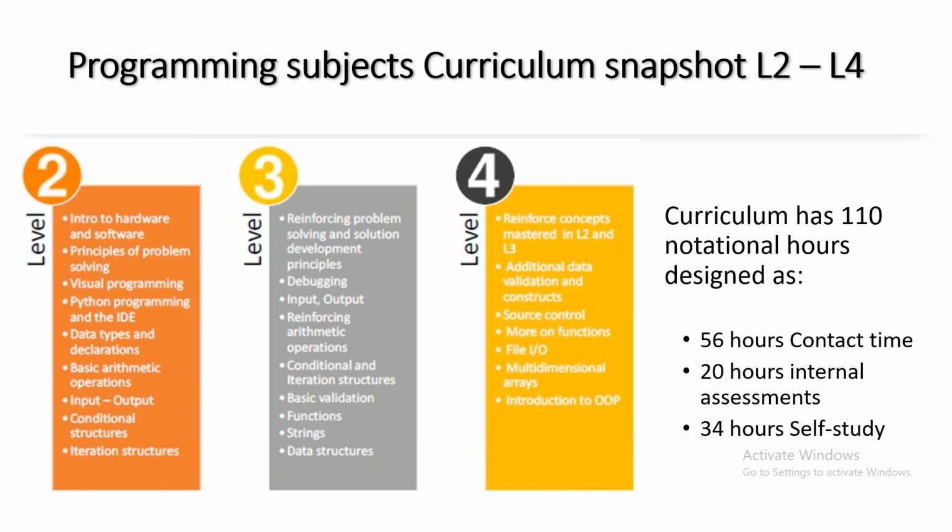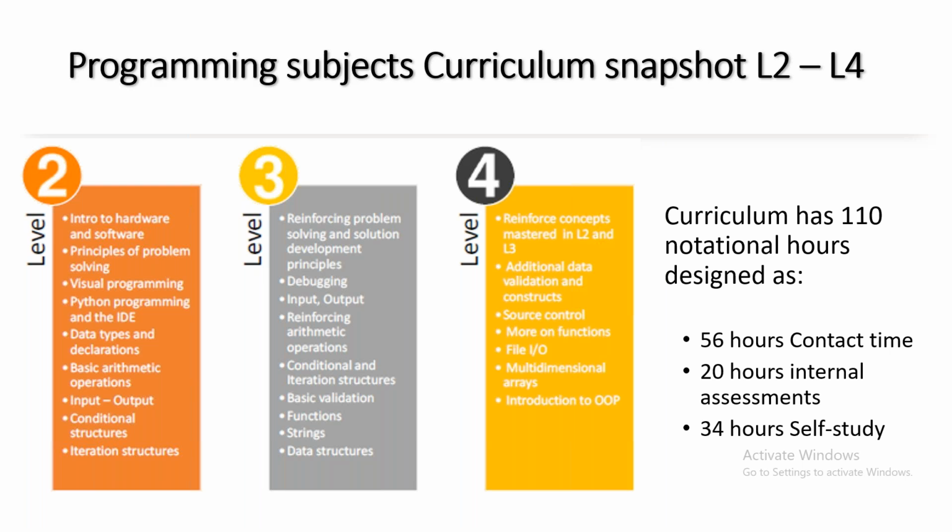So in essence, what we will normally have in a level 2 module is actually not the complete course. We actually have what you normally find in level 2, 3, and 4, all combined into a level 2 module. So this snapshot is so important to guide us. These are basically the cognitive learning outcomes that a student needs to be able to accomplish. So level 2, what must a student be able to basically master? These are the concepts that a student must be able to master.